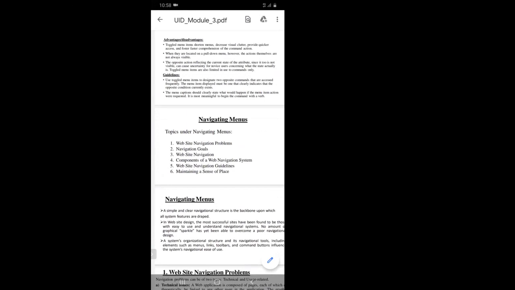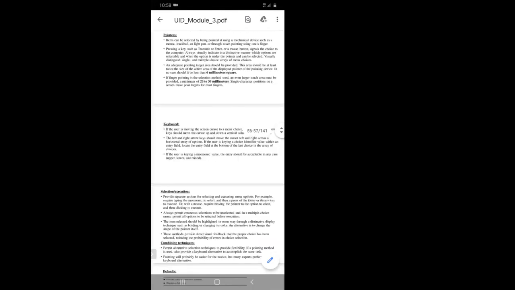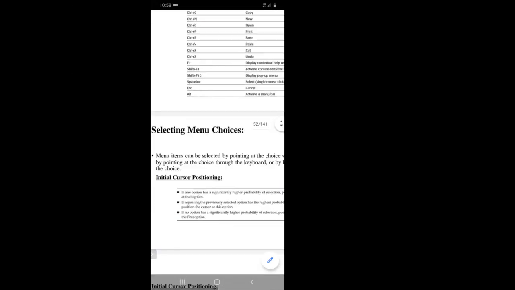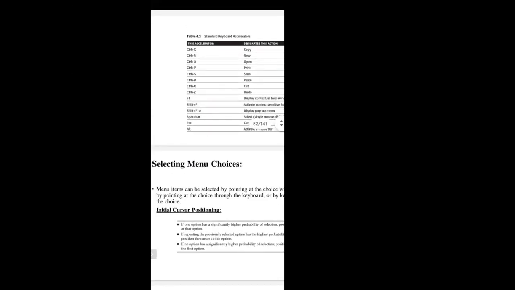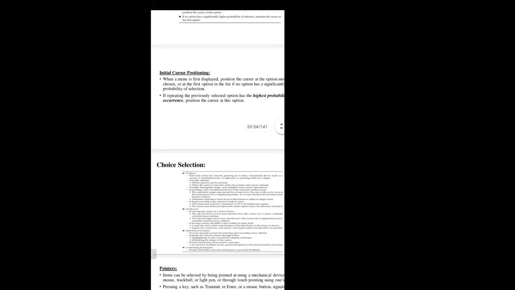Before starting navigating menus, so far any doubts for anybody? I started with keyboard accelerators, where we have all the options of shortcut keys, which everybody knows almost all. Then we started with how many selecting options are available for selecting menu choices. The first one was pointer, the second one was keyboard, and the third one tells you selection and execution should have 2 operations, right?